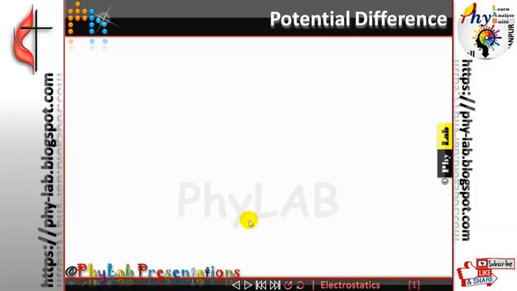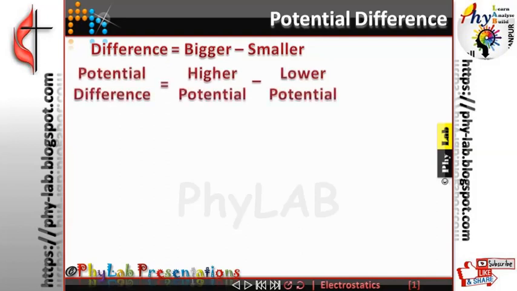In physics, the term difference itself stands for subtraction of a bigger value minus the smaller value. So whenever I am using the word difference in physics, I always mean to suggest to you that you have to subtract a smaller value from a bigger value. So if I am talking about a potential difference, potential difference eventually would mean a higher potential minus the lower potential. And since you are always subtracting a smaller value from a bigger value, difference will always be